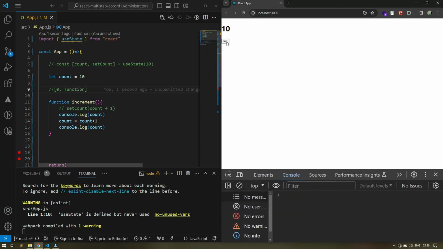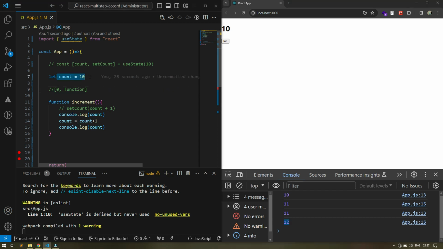So now I am clicking on the button. Now we can see that previously it was 10 and now it is 11. Now if I click it again, we have the previous value as 11 and the after value as 12. So we can see in the console that the value of the variable is changing on each click. It is working the same as useState, but the major difference is that the change is not appearing on the screen. Why? Because we know that